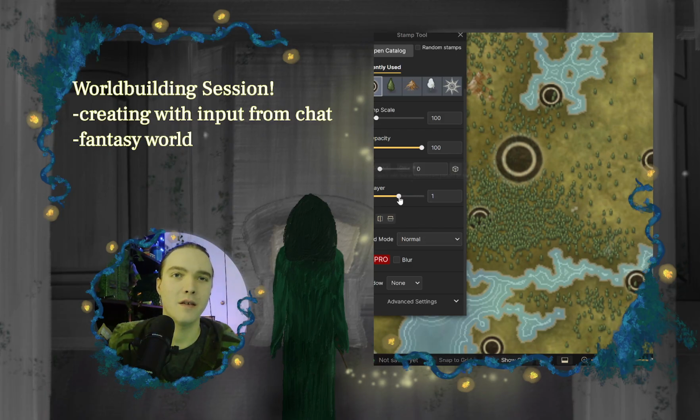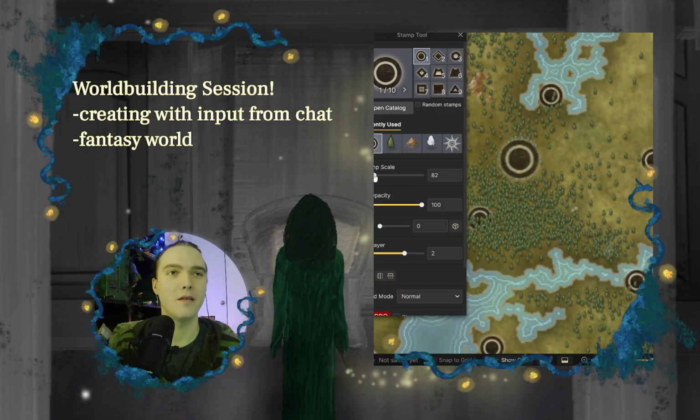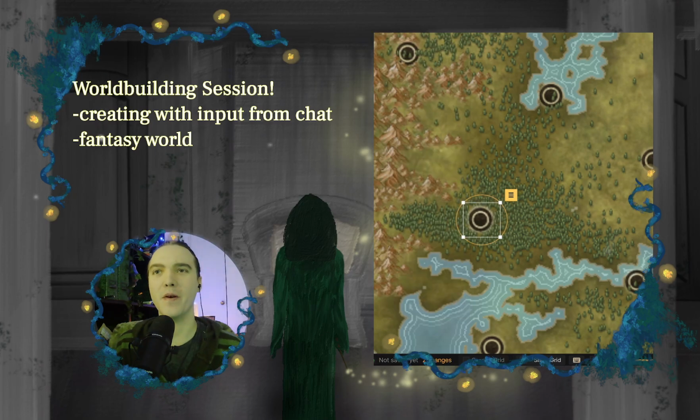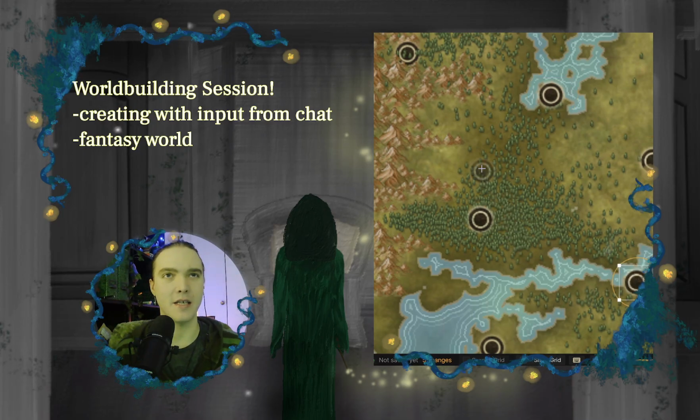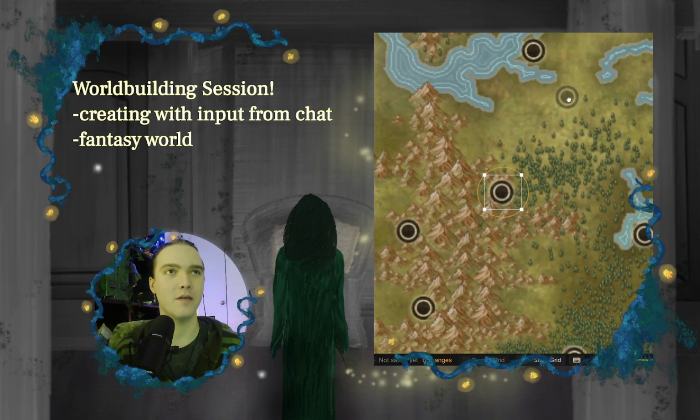Layer 2? Will that do it? It's too big. If I do this. Aha! Nice. Let me shrink it down just a little bit more. 50. Okay, perfect. Anyways, yeah. We're gonna make some countries today. I'm just covering these up because you can see the trees. And we don't want to see the trees.